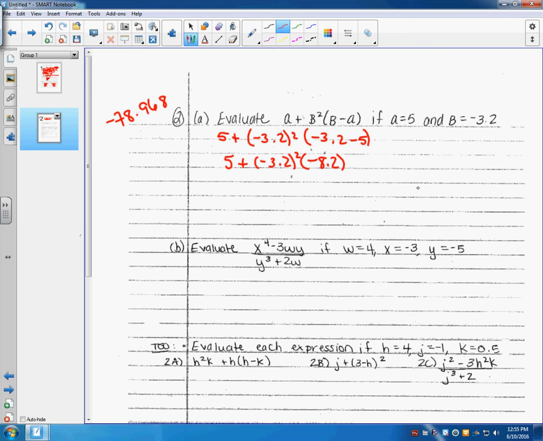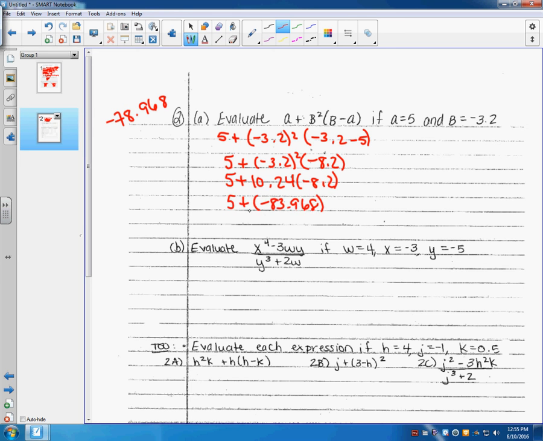So what comes after parentheses? Exponents. Here's an exponent, correct? If you put this in your calculator, make sure you put negative 3.2 in parentheses. That matters. Negative 3.2 squared is 10.24. So we have 5 plus 10.24 still times the negative 8.2. So next is multiplication. And 10.24 times negative 8.2 is going to give us, you can write 5 plus if you want to, negative